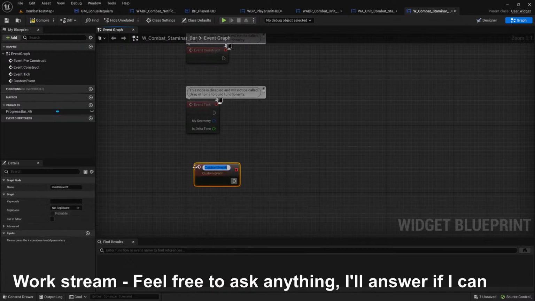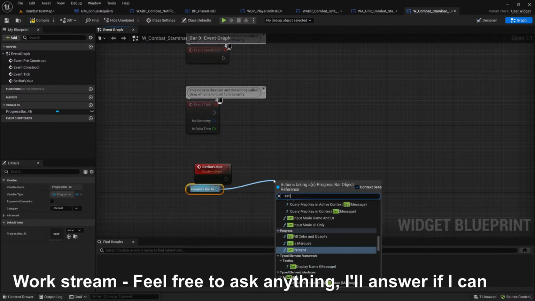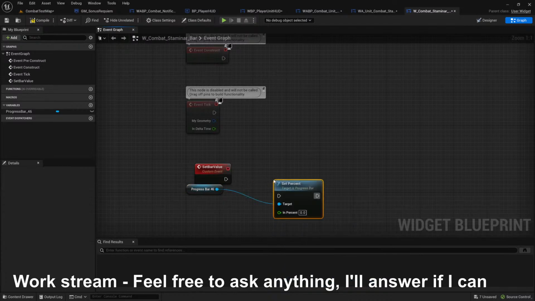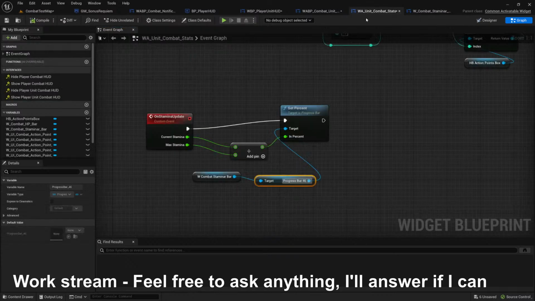Let's create a custom event. Set bar value, and from here set value, set percentage, set percent, and we give it in percent, so I know it's from 0 to 1. Save it, compile it, and here instead of getting this,